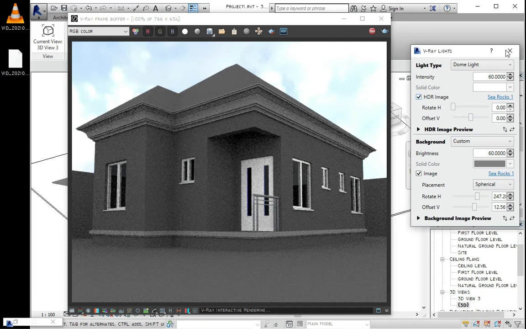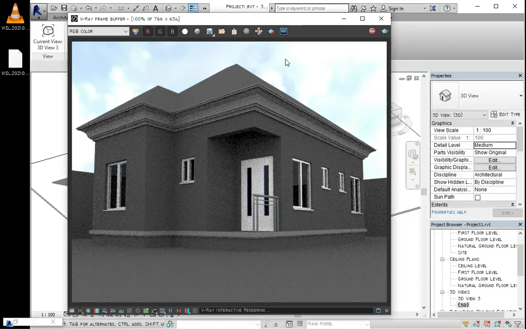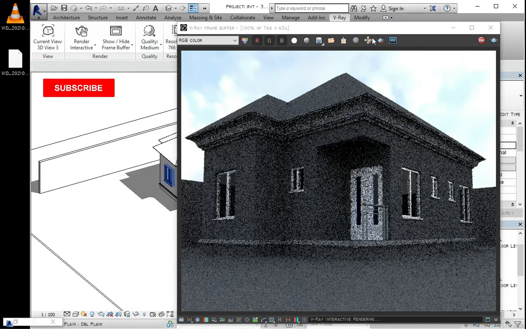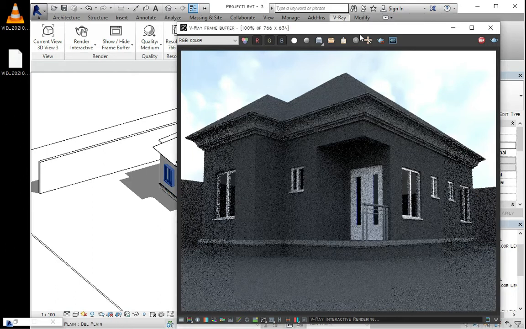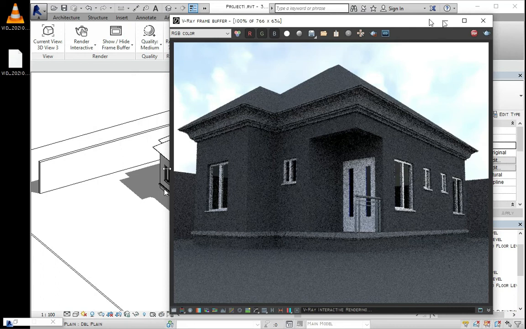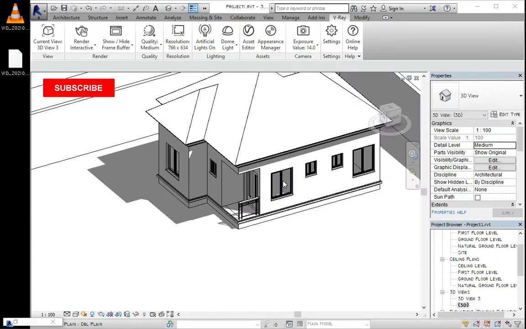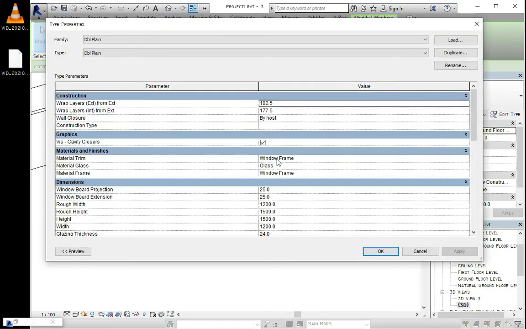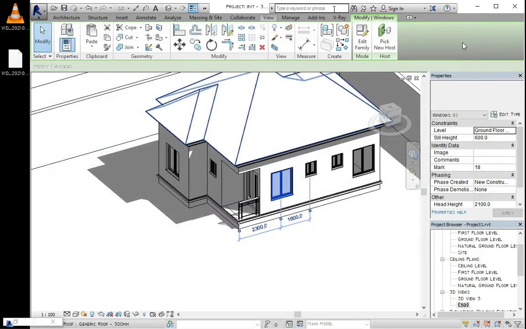So let's close this. Let's click on a window just to know the specific material that has been assigned to the window. Let's click on the window again and minimize this. We click on the window, and we go to the edit type. So we can see that we have window frame and glass as the materials that have been assigned to the window. So you can just go to